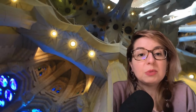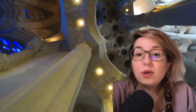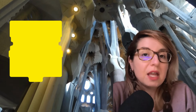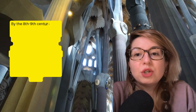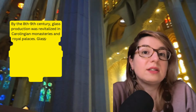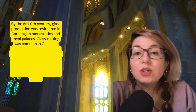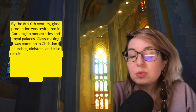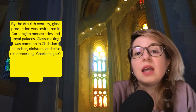In Roman and early medieval Europe, we do have quite a lot of sites with glass production. Pompeii and Herculaneum, for example, had glass windows as early as the 1st century AD. By the 8th century, glass production was revitalized in Carolingian monasteries and royal palaces. Glassmaking was actually quite common in Christian churches, cloisters, and elite residences. Charlemagne's palace chapel at Aachen had glass windows with local glass production on site, so did the abbeys of Loches